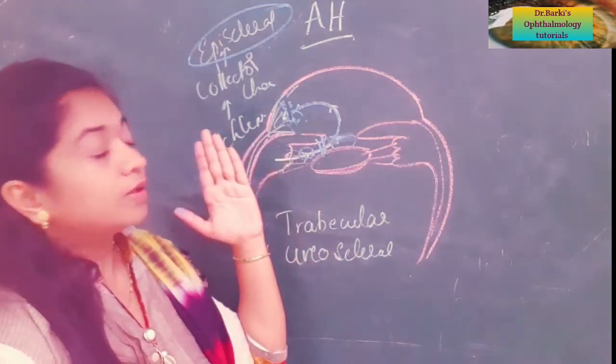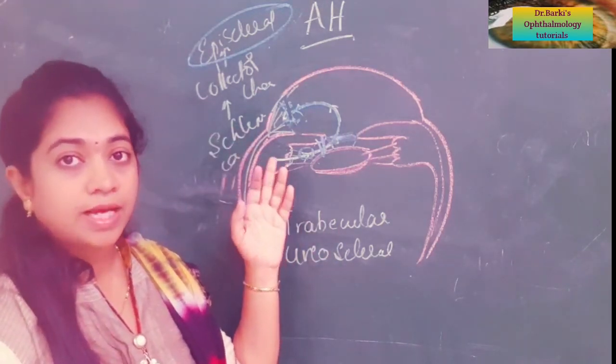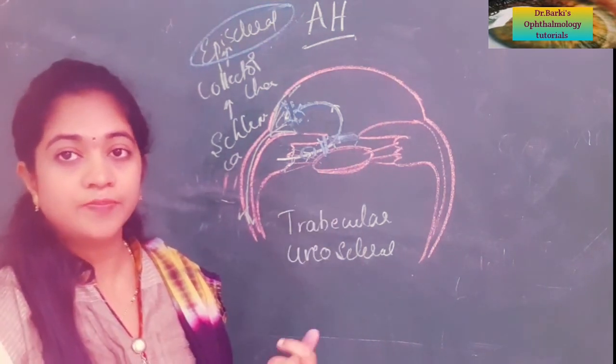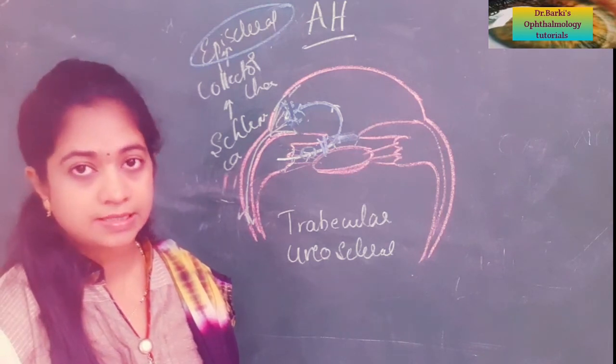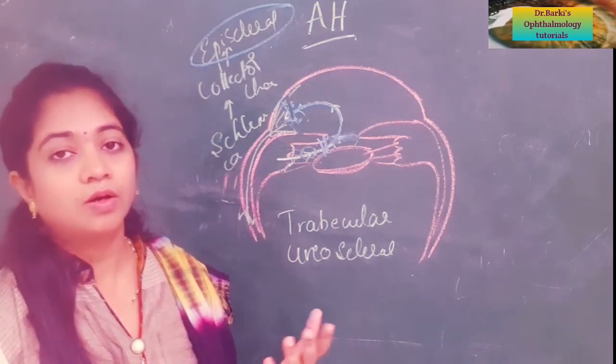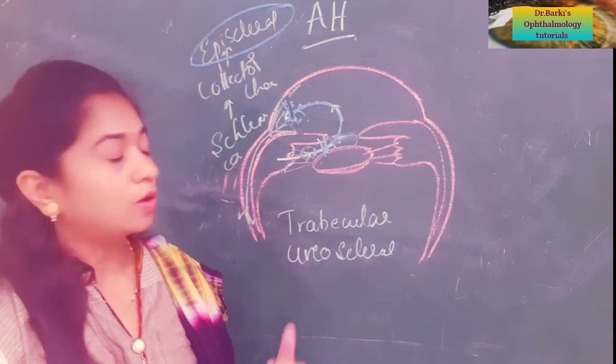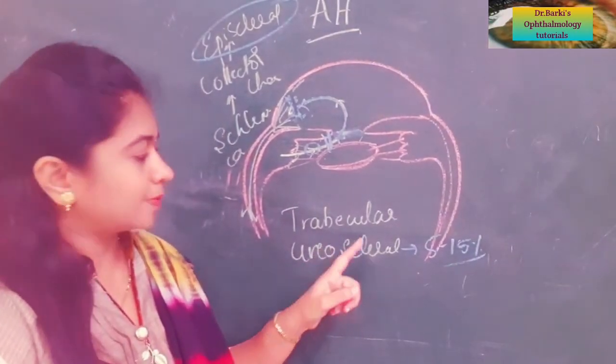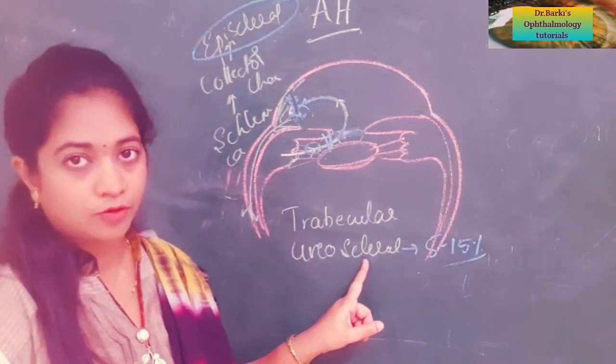It is said that a 1 mm rise in the episcleral pressure can lead to a 1 mm rise in the intraocular pressure as well. There are so many causes for raised episcleral pressure, like thyroid eye disease, carotid cavernous fistula, or cavernous sinus syndrome. All this can lead to glaucoma. So we have two outflow pathways, that is the trabecular outflow pathway as well as the uveoscleral outflow pathway.